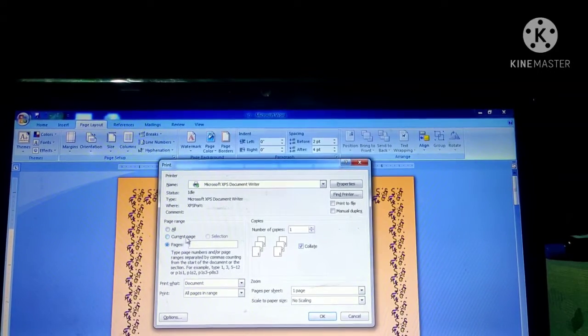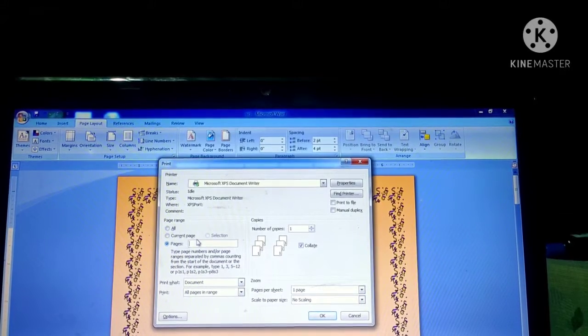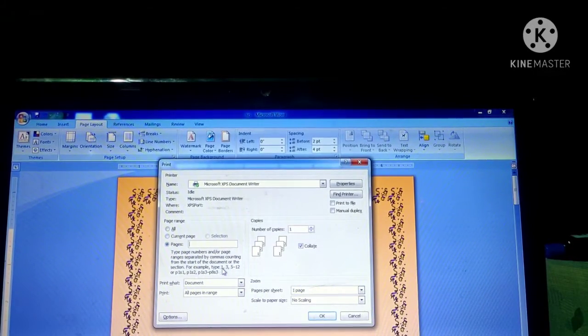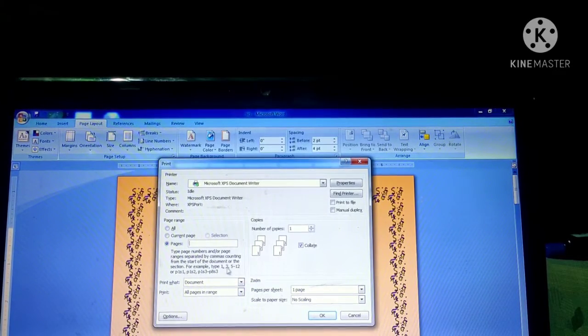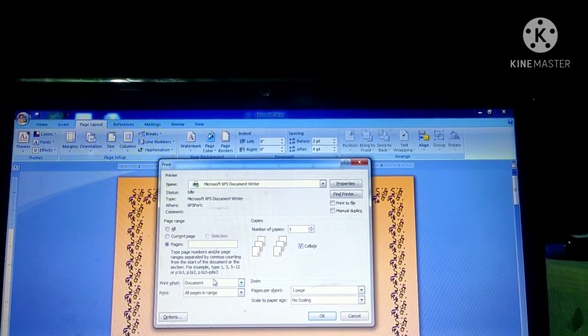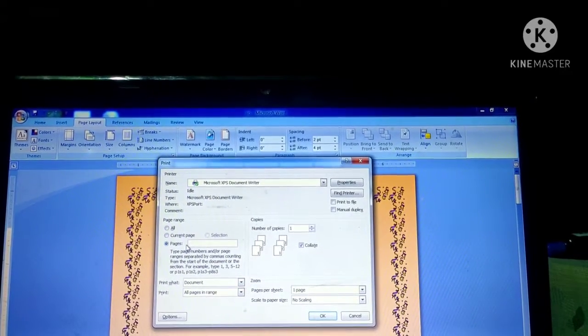Once you click on Pages, you will give the page numbers here. For example, we have to type the page numbers like 1, 3, 5 to 12, or page 1, page 2, 3, page 1, 3. Like this, we have to write it down.